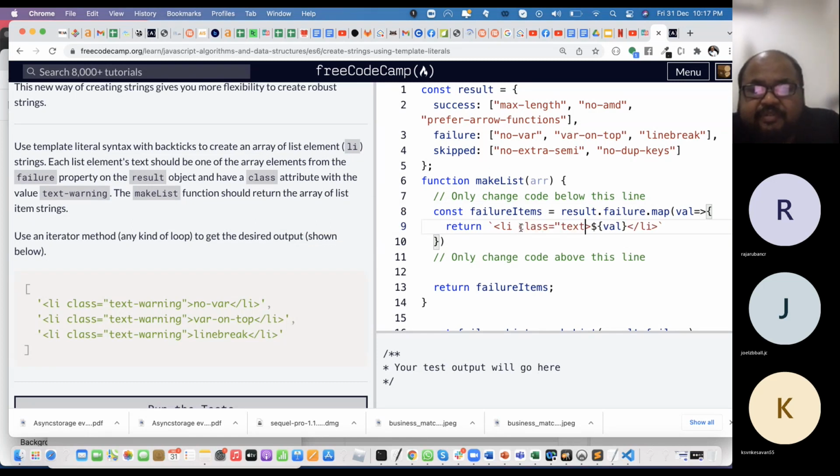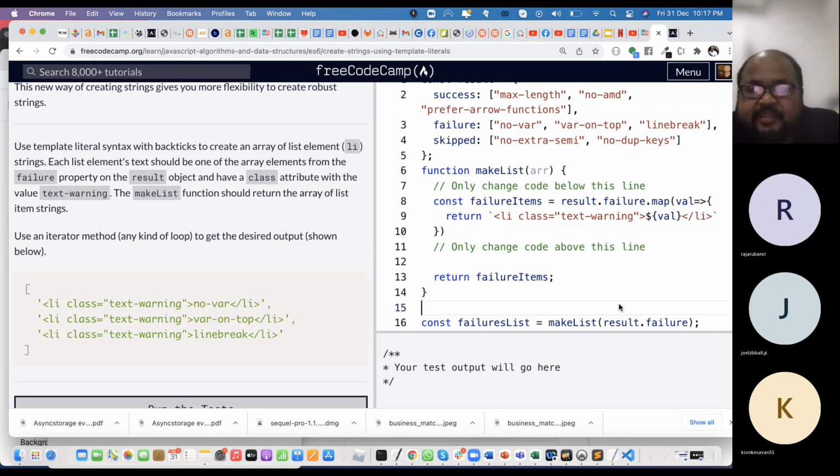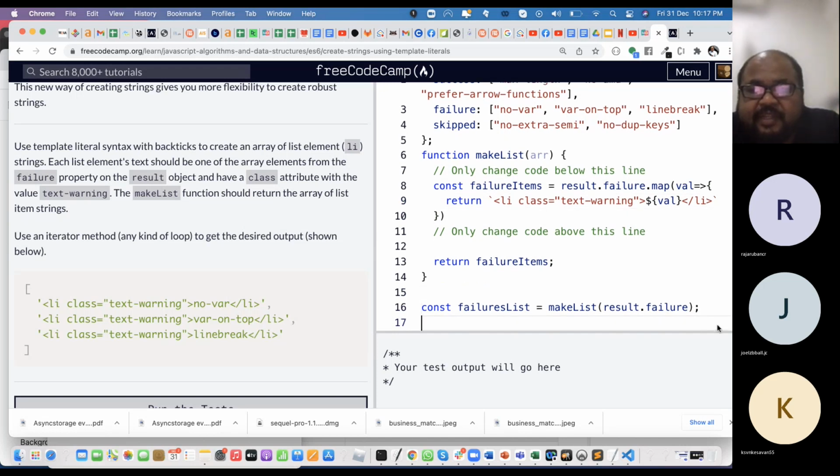Class equals to text-warning. So once I do that, I think,